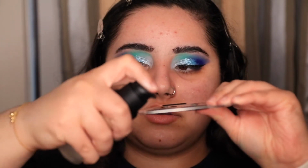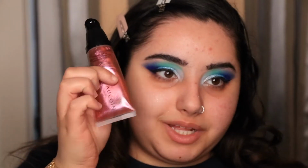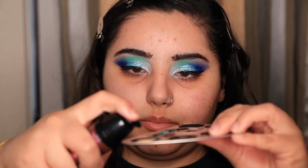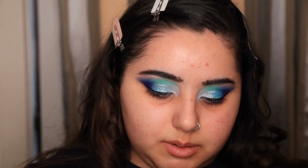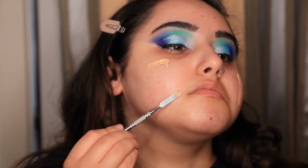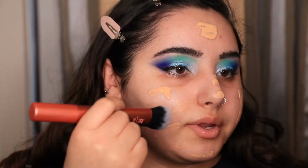So I'm going to take the Dose of Colours Meet Your Hue foundation, and I'm going to take maybe a pump or two, a pump and a half. That's a lot actually. But... And then I'm going to take the Kevyn Cosmic Flame Glass Glow and take a good pump of that. So it looks kind of ready, but that's the cool part of it. And then I'm going to take the spatula and mix it. Ooh. And I'm going to put it on my face. This is the Real Techniques Expert Face Brush, and I'm going to just...